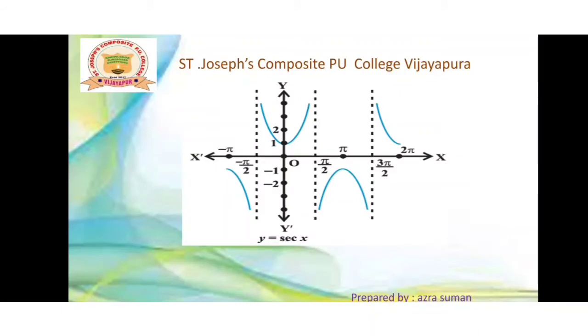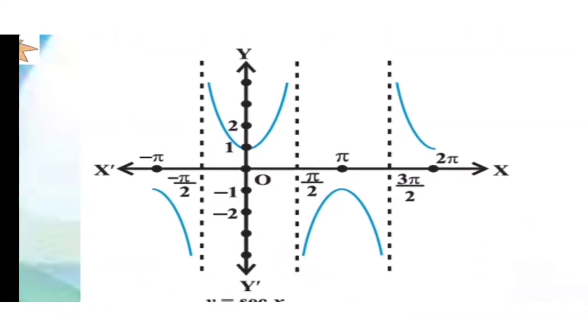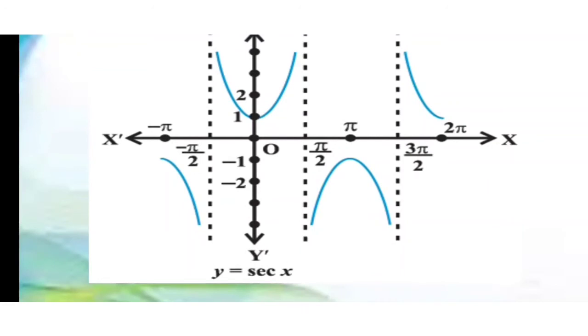Now similarly the sec x, the trigonometric function sec x. First look at the typical graph of sec x, and we know sec of 0 is 1 and sec of 30 is 2 by root 3, somewhere here, and sec of 45, that is pi by 4, is root 2, and sec of 60 is 2, somewhere comes here.